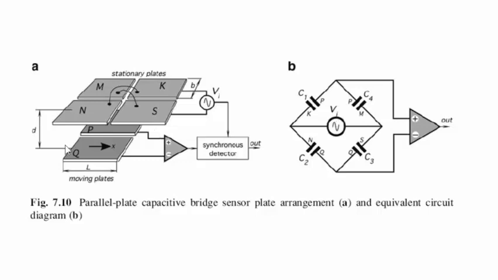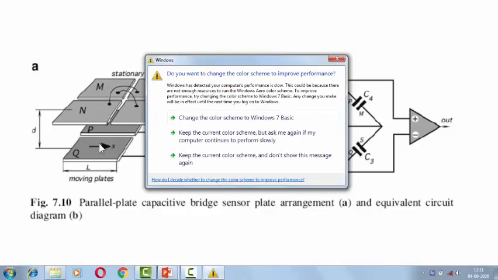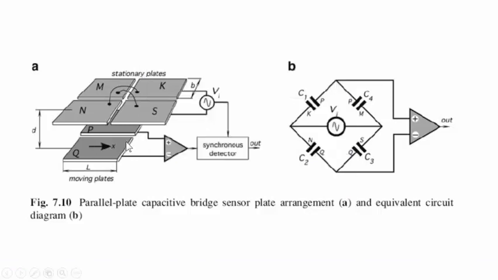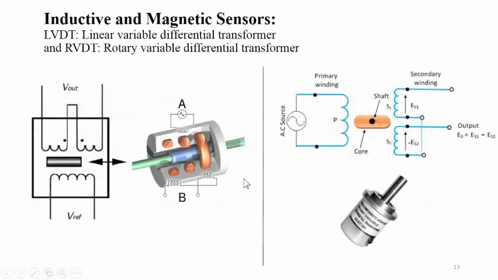Okay, so depending on the change in the capacitance either in C1 and C2 or C4 and C3, or during the unbalanced condition, we are getting the change in the output voltage. So in this case we can see depending on the distance between the target or moving plate. So here P and Q are connected to the voltage driver circuit with op-amp based circuitry. So depending on the movement of this particular target plate we are getting the change in the output, or distance. Depending on the distance between the moving plates and the bridge condition, we are getting the output from the synchronous detector.